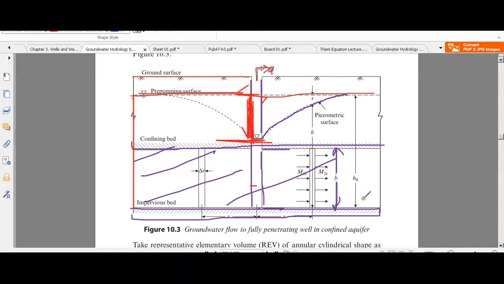So that's it about the Thiem's equation. This is all about the notation, not the proof. So I hope you